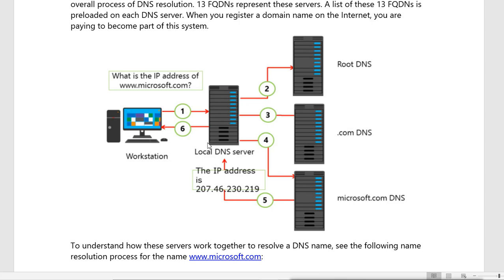Now when the local server gets the IP address, what does it do? It caches the name and IP in its own DNS server cache, so that next time when someone else tries to access the same name, it doesn't have to do all of these things and it can reply from the cache. But caches are temporary. When you reboot the system, the cache will be removed. And when your machine also gets the record, it will also cache it, so that next time when you give the name again, it will not have to do this again. It will get it from the cache. This cache can also be cleared. When you reboot, your cache will be cleared.